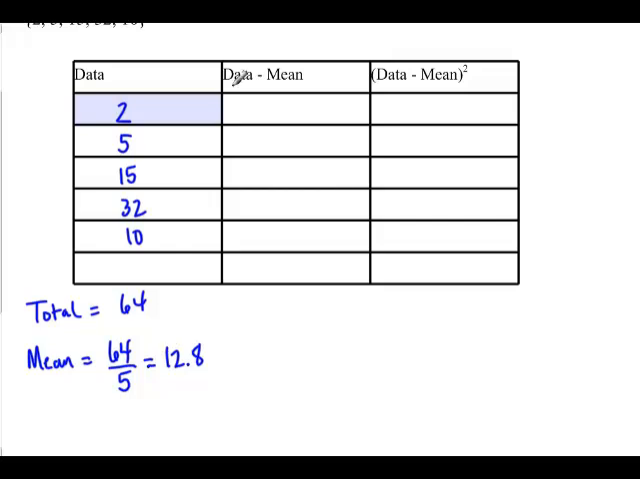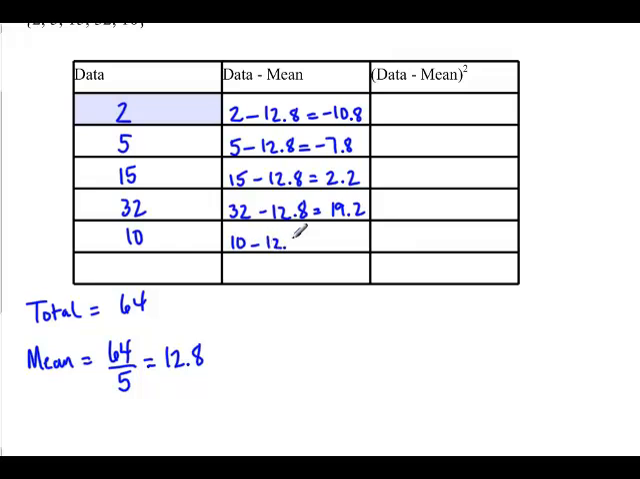So in the second column, we're going to take each data value and subtract the mean. So 2 minus 12.8 is a negative 10.8. And I just keep going. 5 minus 12.8 is a negative 7.8. 15 minus 12.8 is 2.2. 32 minus 12.8 is 19.2. And 10 minus 12.8